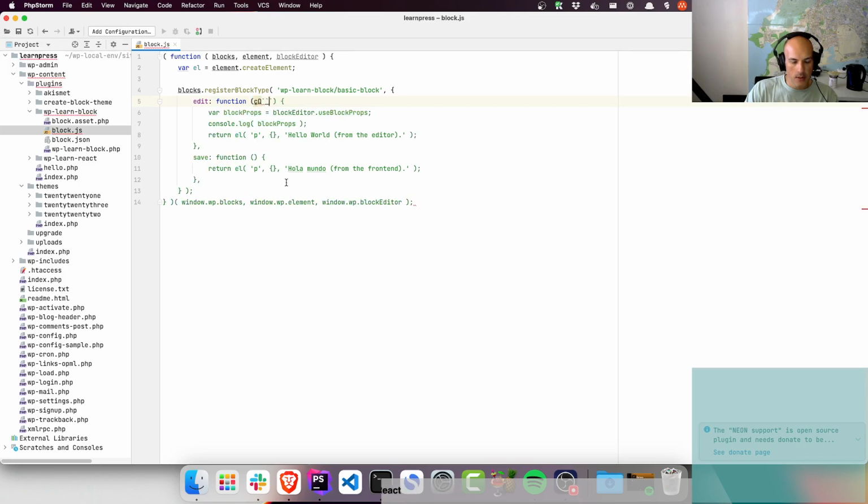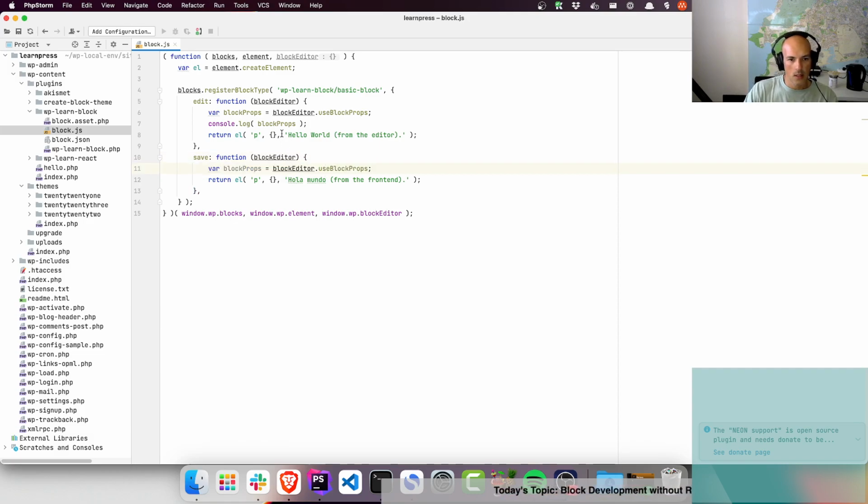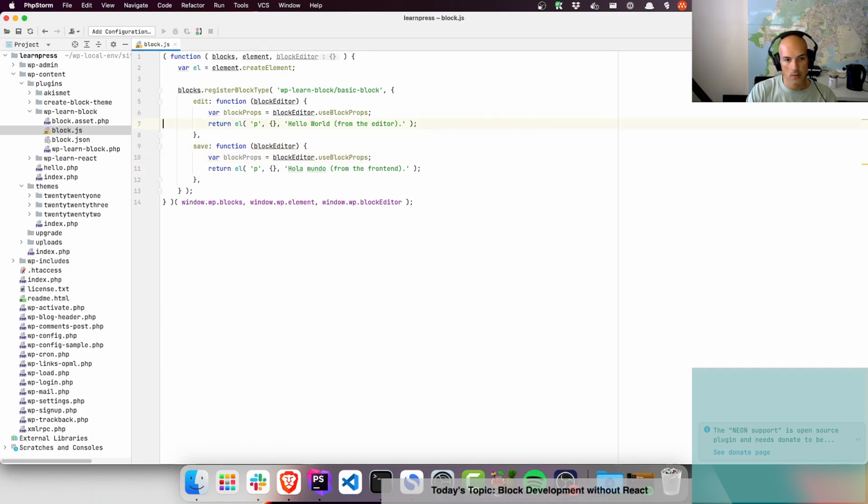Right, no, not that one. No, what am I doing? Not that one. I pass block editor in there, and we set up block props in here. And then we can pass it in place of that, and in place of that. So now that will pass the properties to the element, and now we should get